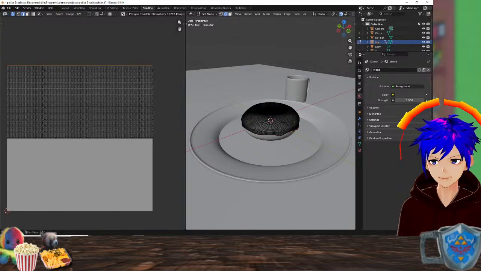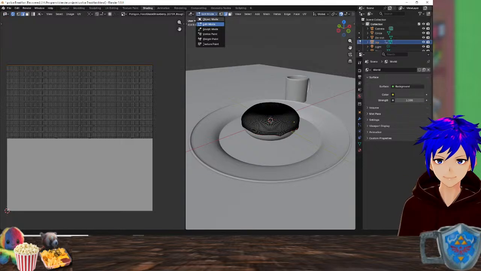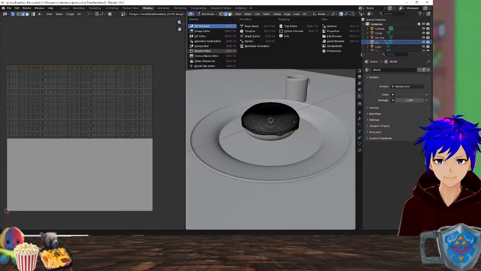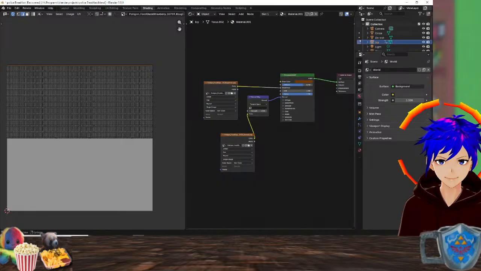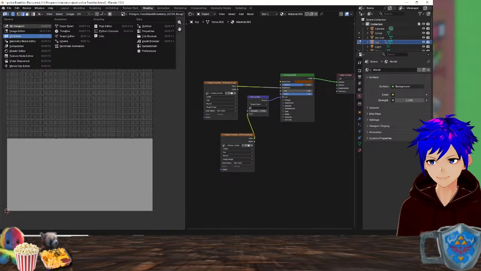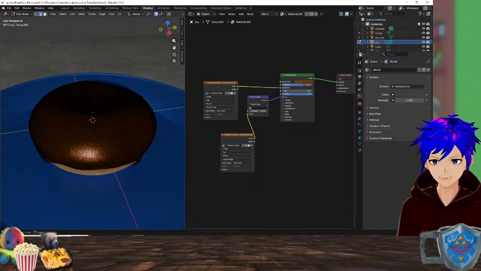I'm going to change here again to the shader editor, and here the 3D viewport.